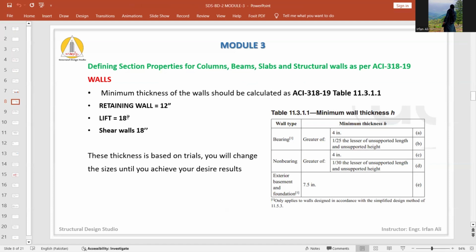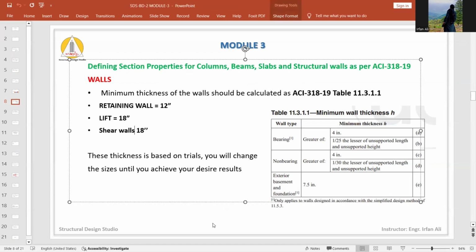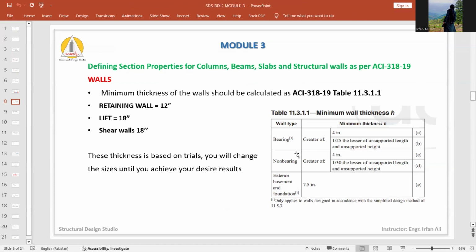The next is the lift walls and shear walls. And it says that for the bearing wall, because it will bear the lateral forces, it will bear the seismic forces, and it will also bear the gravity loads, the thickness should be the greater of 4 inches, or 1/25 of the lesser of unsupported length and unsupported height. Because we do not have an unsupported length, but we have an unsupported height. For example, if we calculate this,